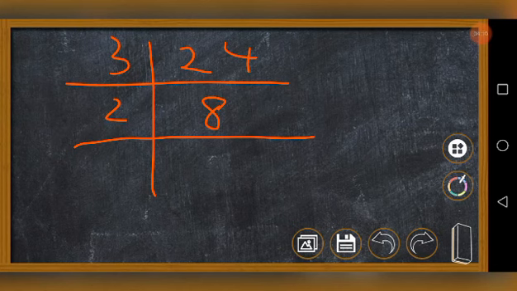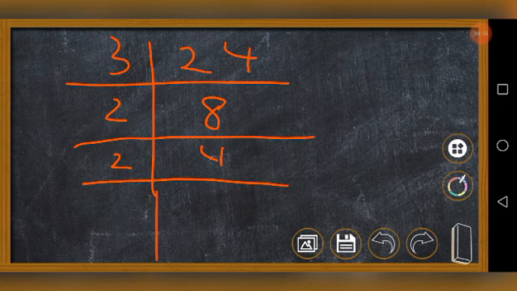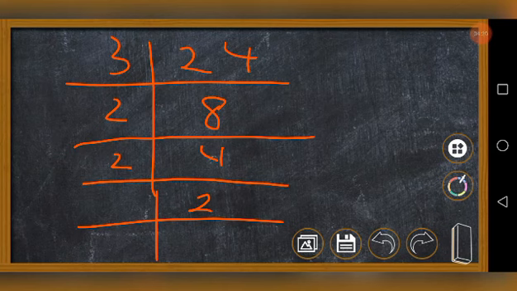Now 8 divided by 2 equals 4. 4 can be divided again by 2. 4 divided by 2 equals 2. And 2 is a prime number that can be divided only by itself, and the answer is 1. This is the second method of finding